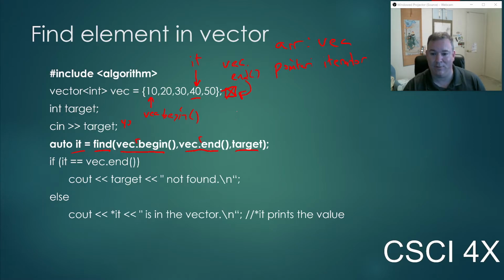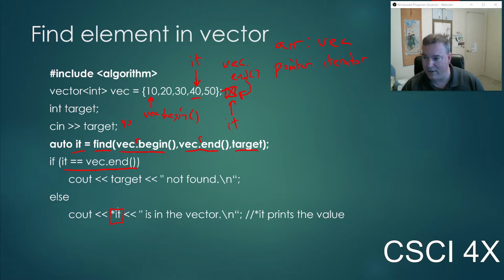If it can't find it, it returns a pointer to here. So if you were searching for 70 or 100 or negative 20, it would return a pointer at this special sentinel spot here, vector.end. That's why it can't be pointing at 50. If it was pointing at 50, you wouldn't know if you had found 50 or if it meant not found. Okay. So if it returns a pointer to vector.end, which again is one past the end of the vector, then that means, sorry, I couldn't find 420 within your vector. If you did find it,